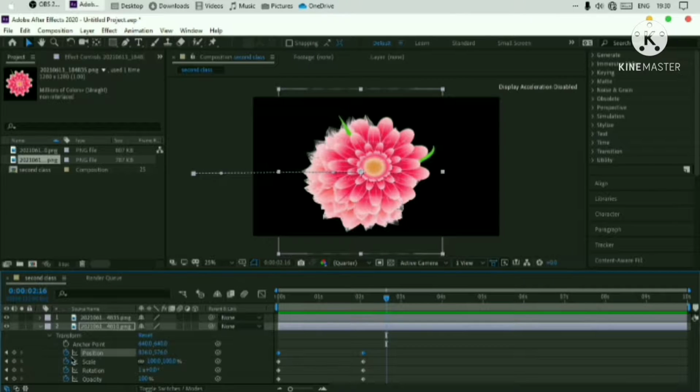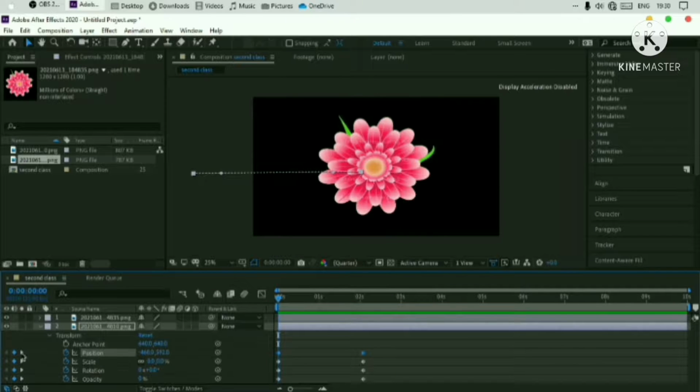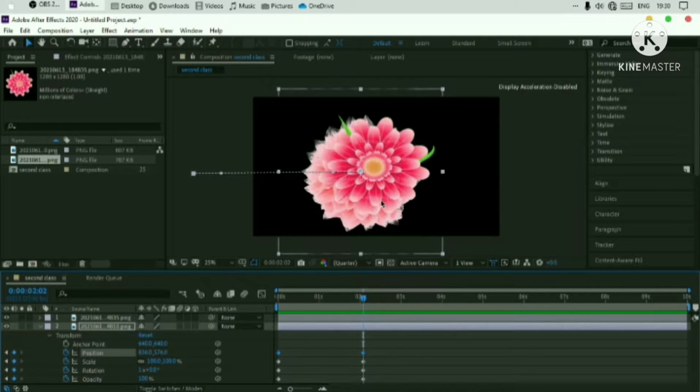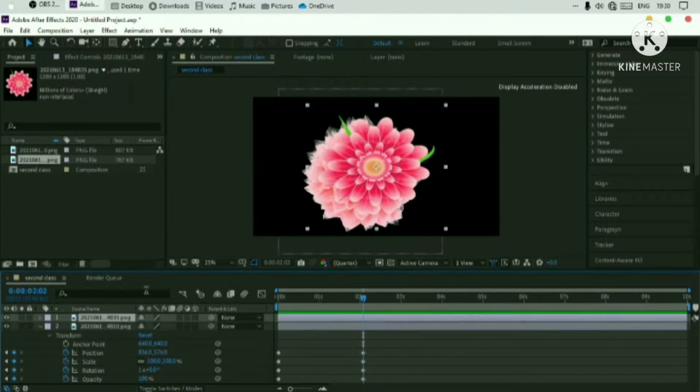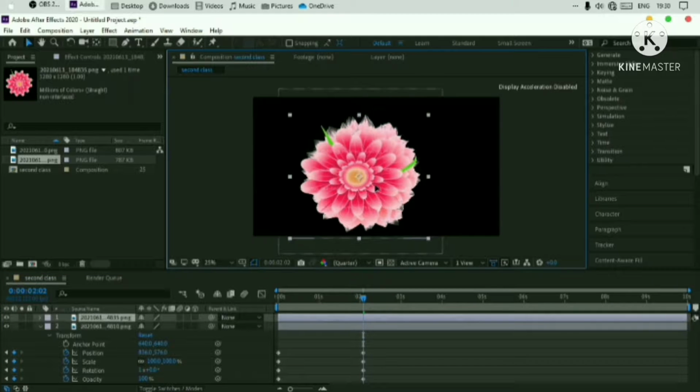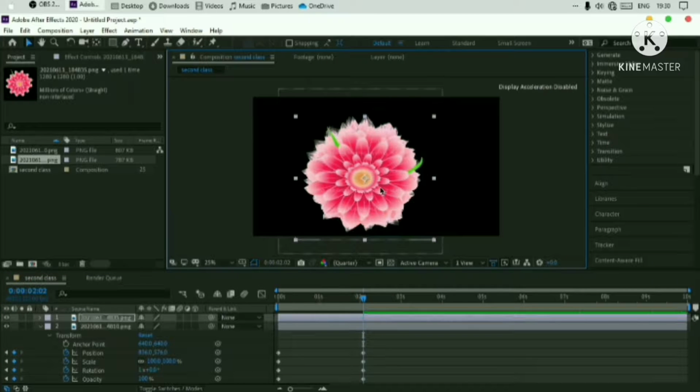So in the position, this is the 2-second one. Here I will keep this one at the center. Okay. Now I want it from the first.